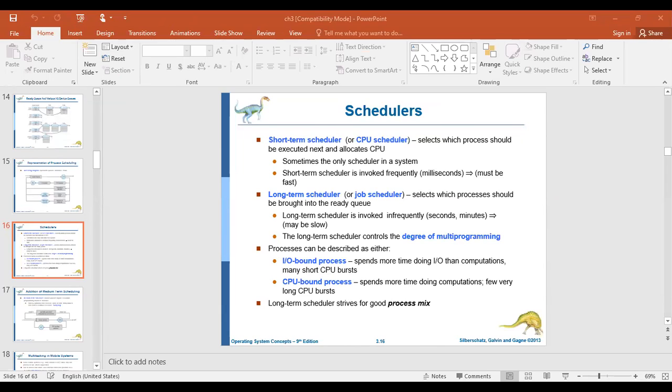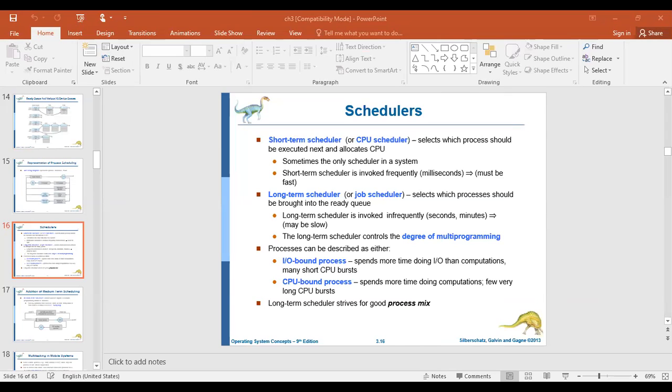This continuous termination and rejoining is what we call CPU bursts, right? So processes which spend more time with IO devices than the CPU are called IO bound processes. Vice versa.